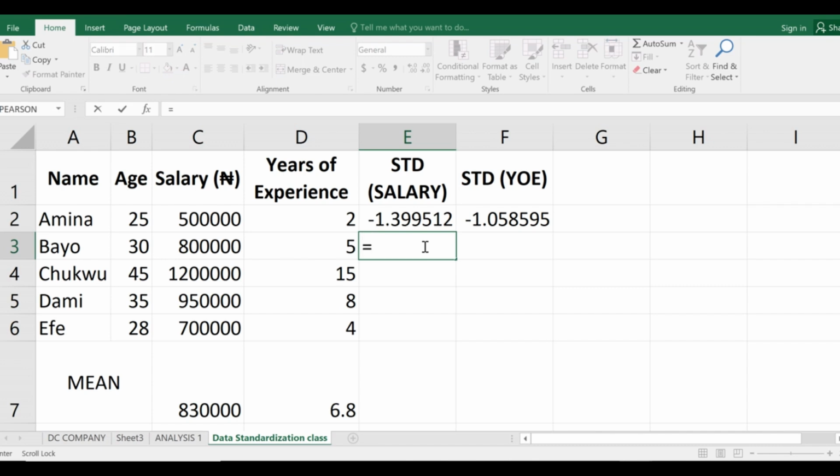Okay, equal to, okay, C3, minus, okay, dollars, yeah,